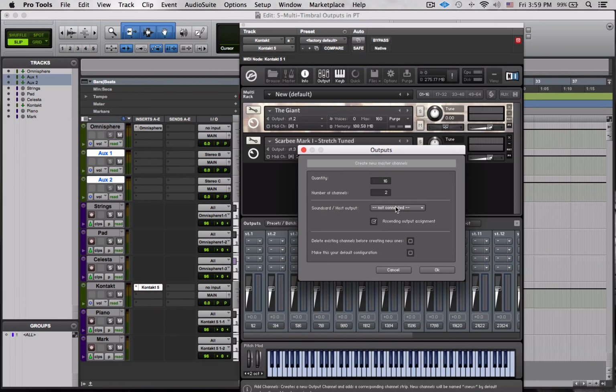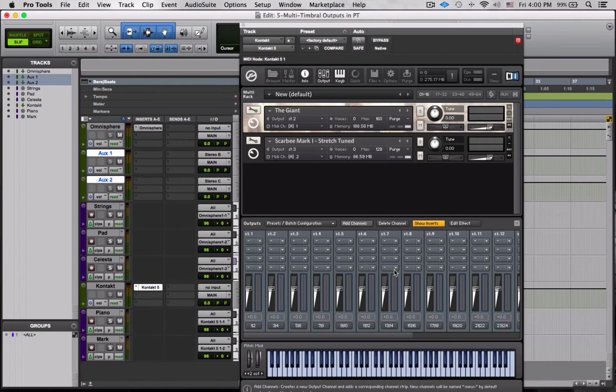We want to start with the very first channel, and we're going to send the outputs. That way it sequentially labels them all out accordingly. We want to delete the current setup, make this your new configuration so that next time it opens, it's going to default to what you just now did. Now, since I already have mine this way, I'm going to say cancel, but go ahead and do it for yourself. When you do this, it's going to want to have you start the program over again so that Pro Tools can see the new outputs of this plugin. So now that you've rebooted and you have this assignment correct,